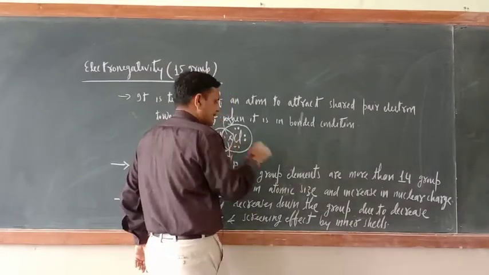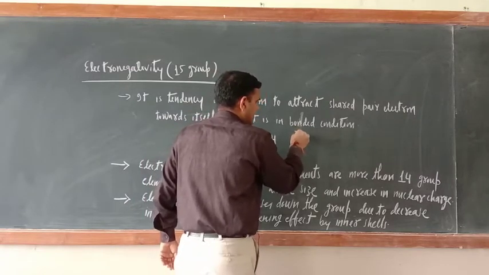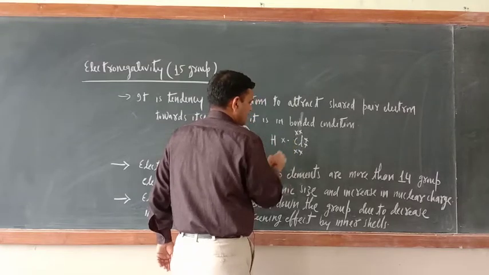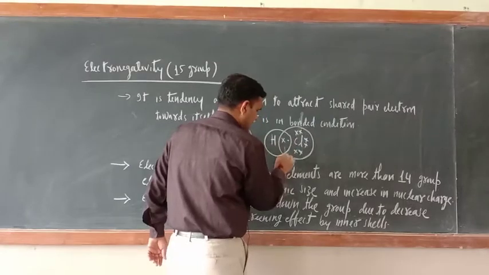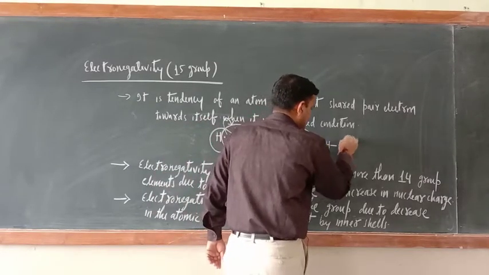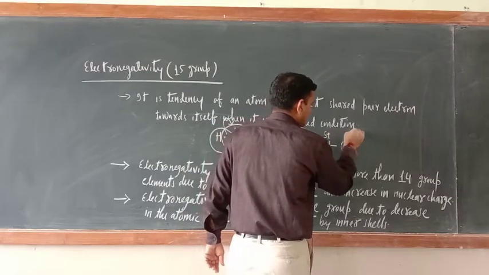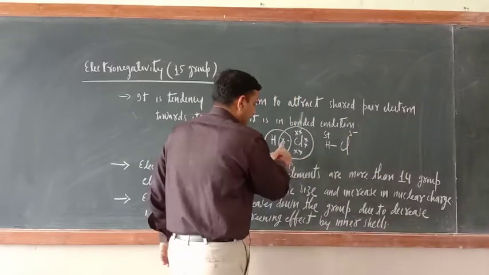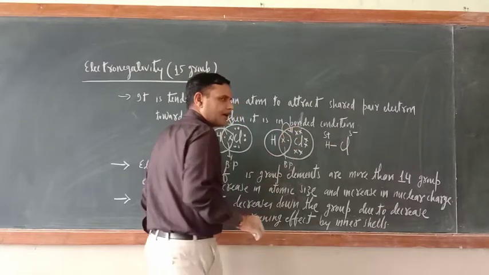Here I wrote HCl. Between H and Cl there is a sharing of one electron, and such a kind of bond will form. This is the bond pair electron, that is why we are writing HCl. But here we are writing slightly positive, here slightly negative. Do you know the reason for this? These two bond pair electrons are shifted toward the chlorine partially.